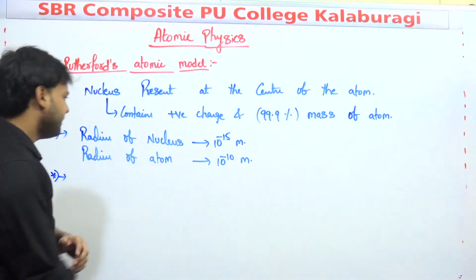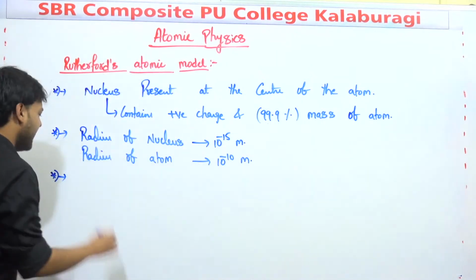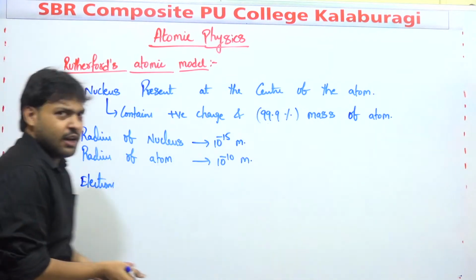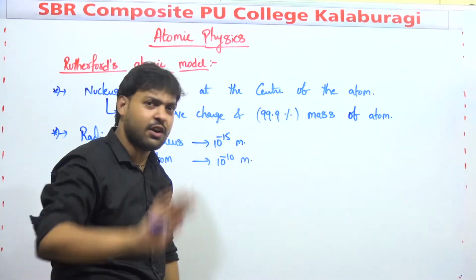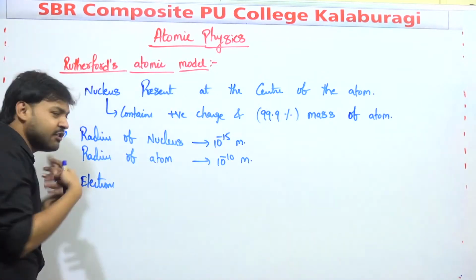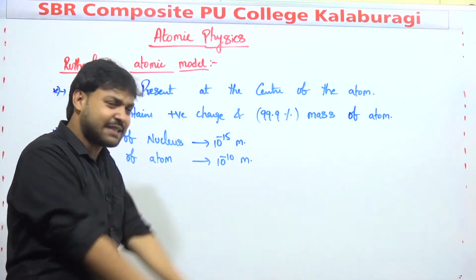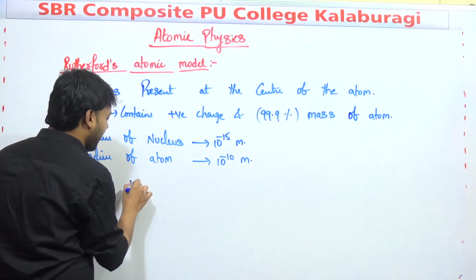Next, what did he say about electrons later on? According to J. J. Thomson, the electron is at rest, but according to Rutherford, the electron is rotating. So next he went into the electrons, and he said some points about them after the alpha ray scattering experiment, right? So what did he say? Electrons will occupy